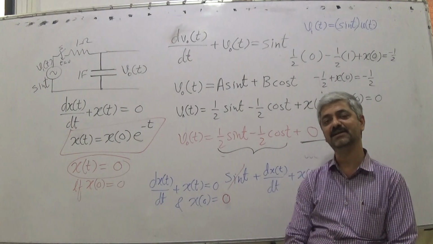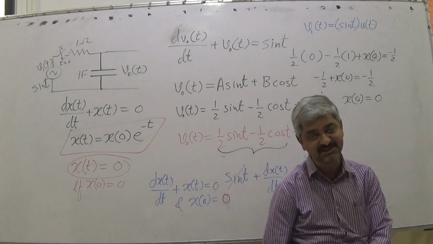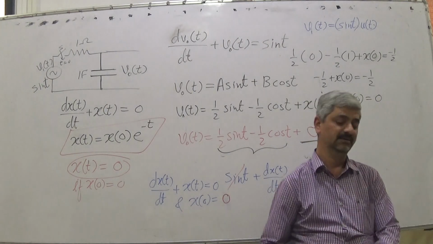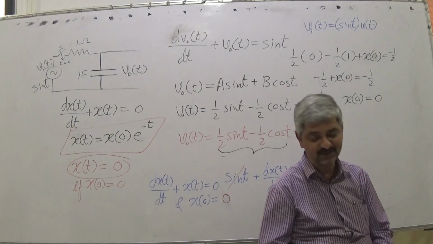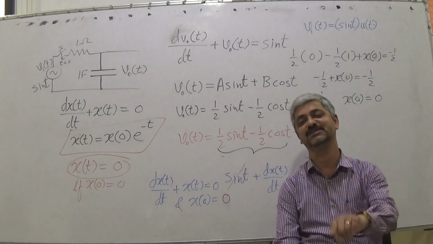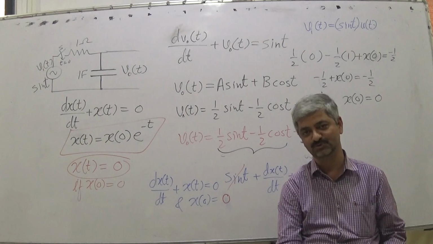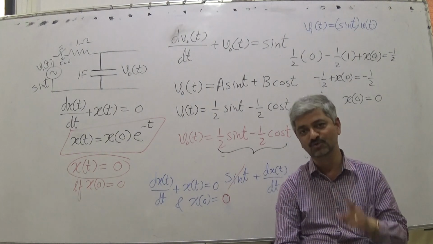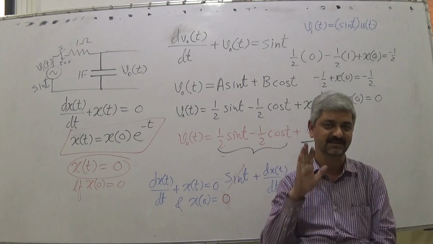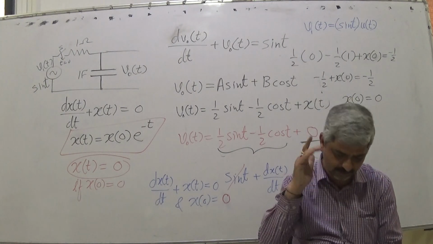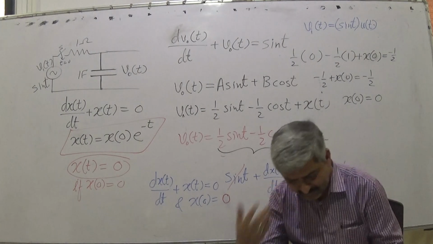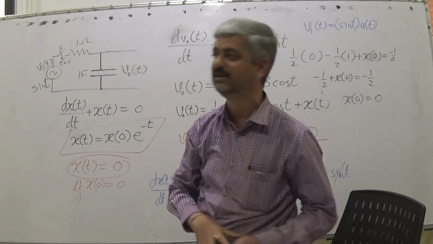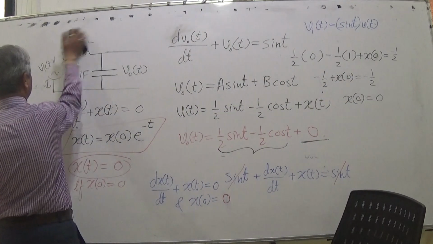And here I have chosen the initial value of voltage across the capacitor, that is v_o(0), such that no transient will come. This is a very peculiar way of working. We will continue further. Now I will give a new approach to solve this differential equation by common sense.